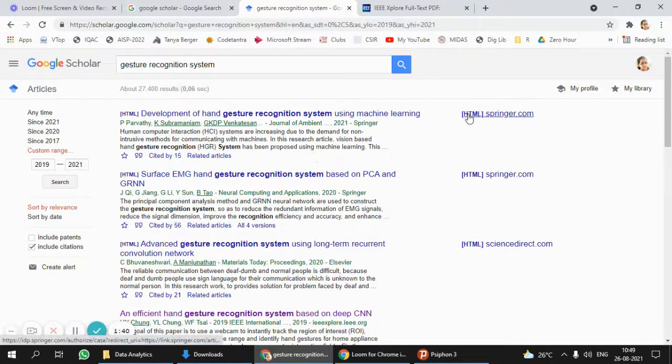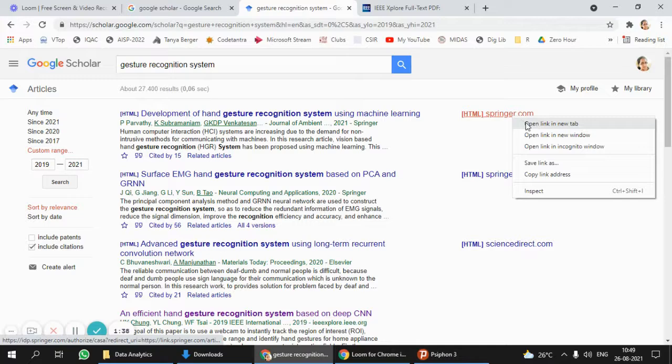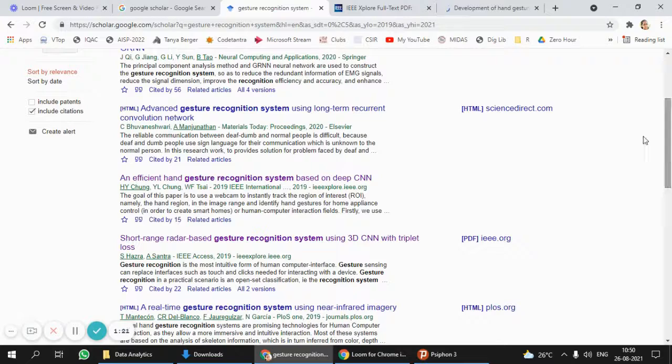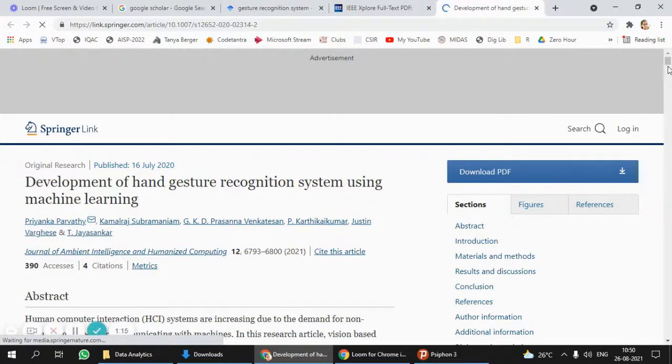On the other hand, if there is something called HTML, you could also click on that. Maybe there could be certain journals that provide the HTML file, certain could provide you a PDF file also. But anyways, the complete paper will be available when it is given as HTML. Okay, so for all those, you will be able to access the complete paper, although you may not get the PDF file. Okay, you see here, this is what I told.